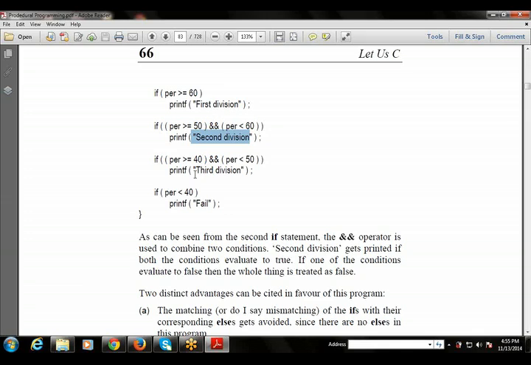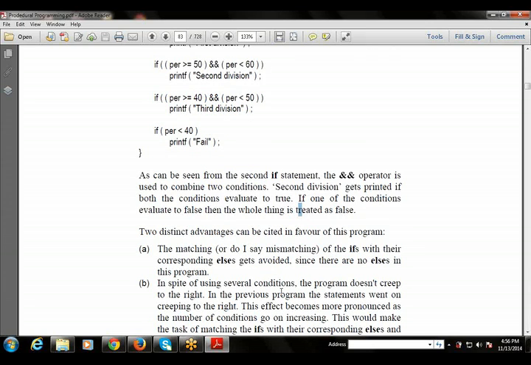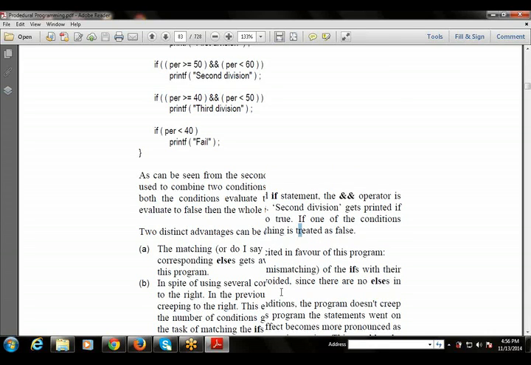That is, it checks for both the conditions, the left condition as well as the right condition. If one of the conditions is false, then the whole thing is treated as false. What are the two advantages that can be cited in favor of this program? This says the matching of the if. When we match the if condition with its corresponding else part,